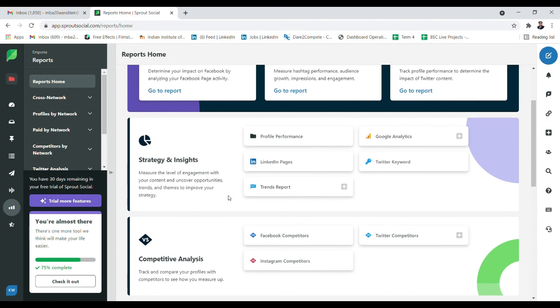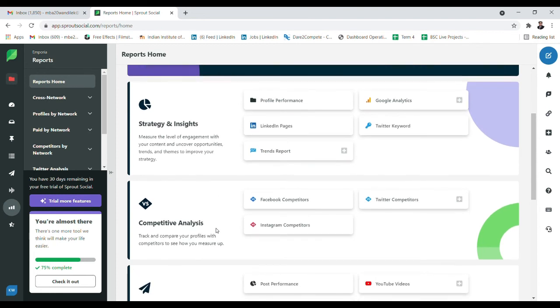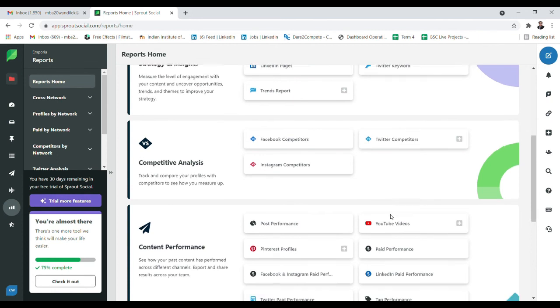But when you make strategies, one of the important factors you often consider is competitive analysis, where you look at how competitors are doing, and this tool will also help you get the competitors' performance and reports. For example, if my competitor is some XYZ brand, I can get the Facebook reports of them, what they are doing and how they perform. Then I can relate and make strategies according to that, and I can see where I'm lagging, or whether I'm doing good or not. So it is a great tool to analyze in terms of that.